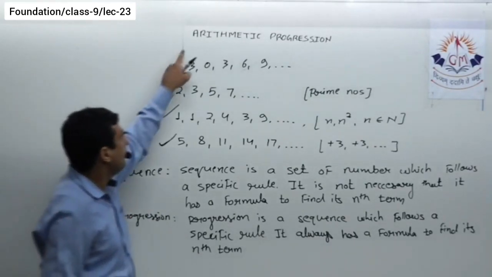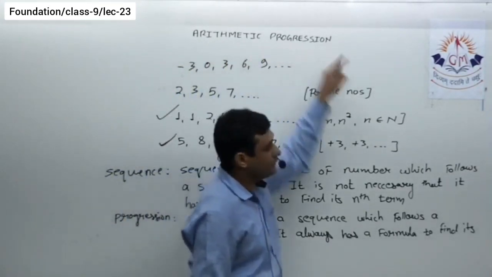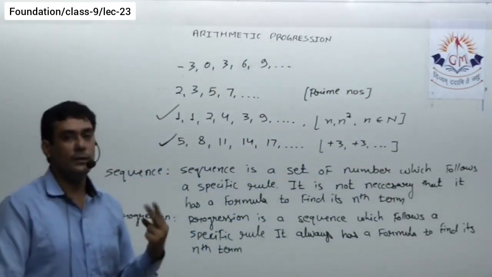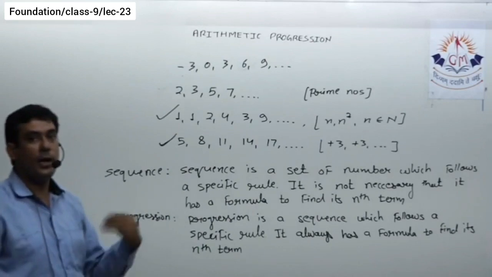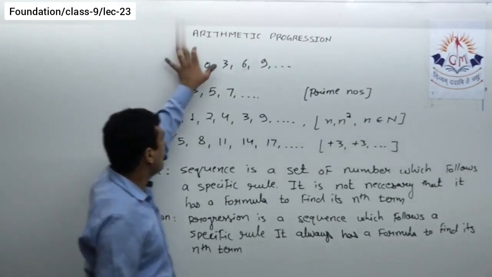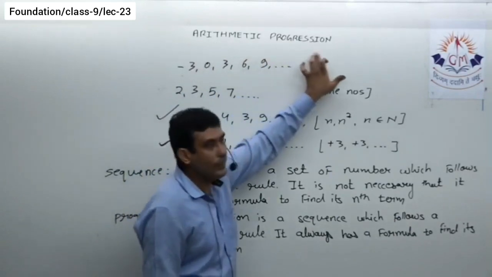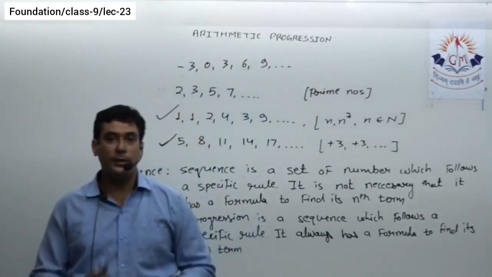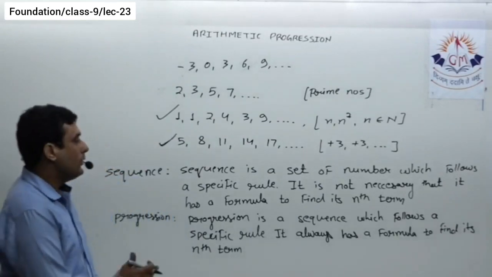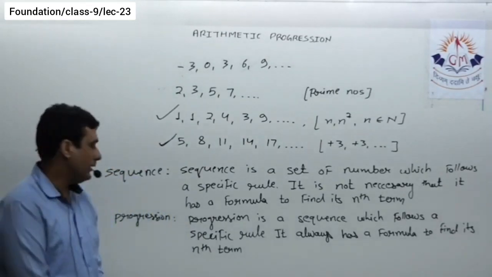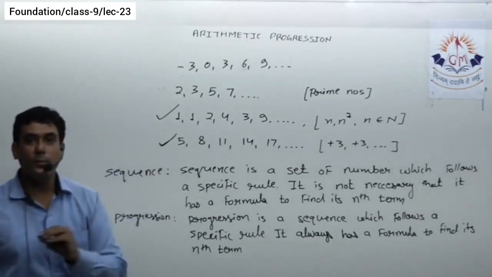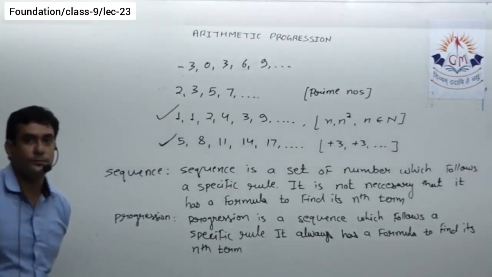Then we'll come to basically arithmetic progression. Now in progression we have arithmetic progression, then geometrical progression, then harmonic progression. But for your class 10th, we have to concentrate only on arithmetic progression. The remaining two, geometric progression as well as harmonic progression, you will see in class 11th. Okay, so note it down, then we come to the definition of arithmetic progression.